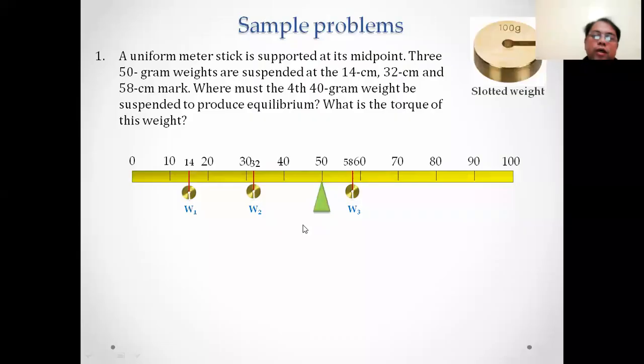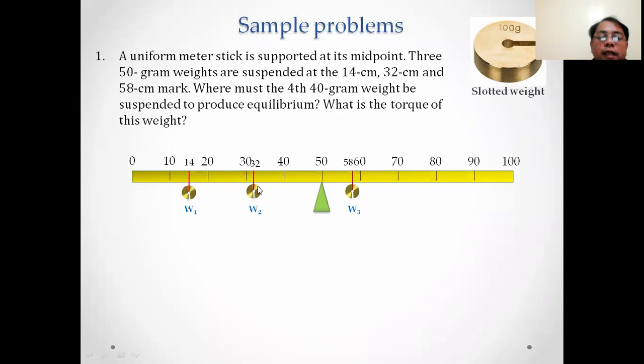Okay, so we have here a process of balancing out. Now let us read the problem or situation. A uniform meter stick is supported at its midpoint. So the midpoint of this meter stick is on the 50 centimeter mark. Now 3 50-gram weights, or slotted weights,